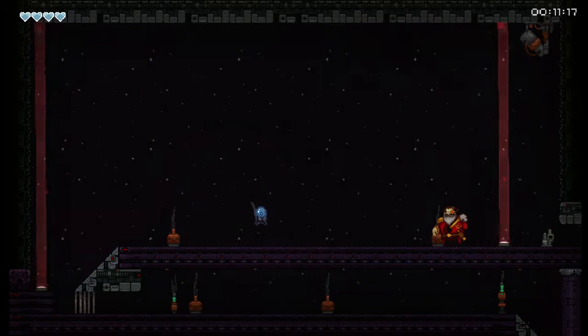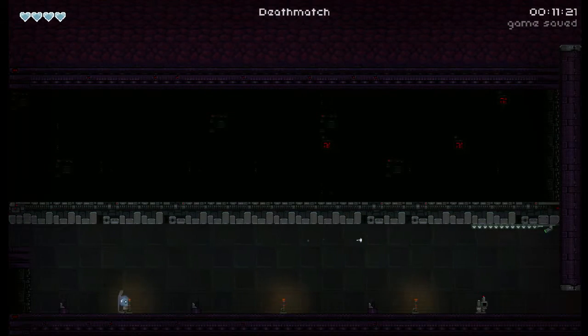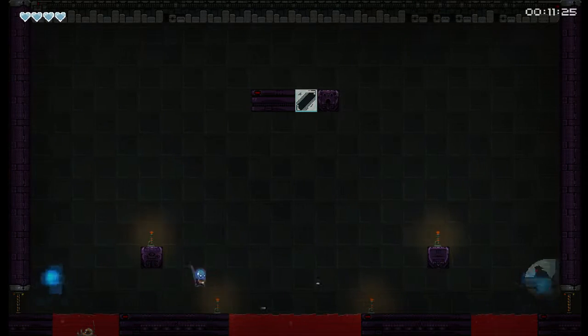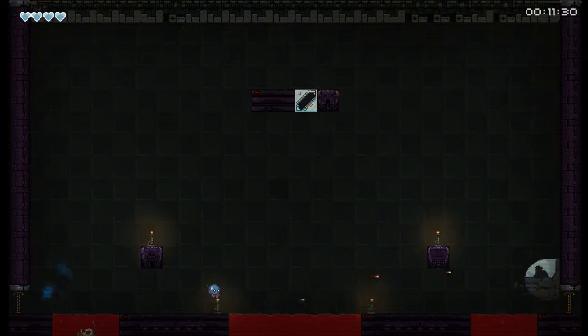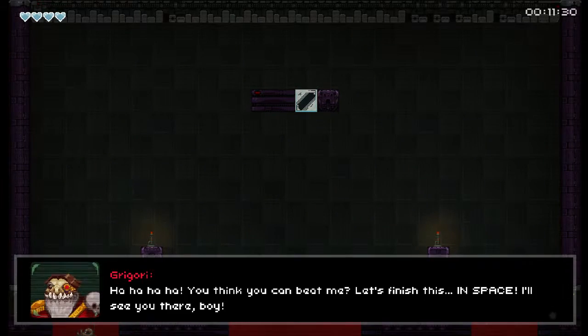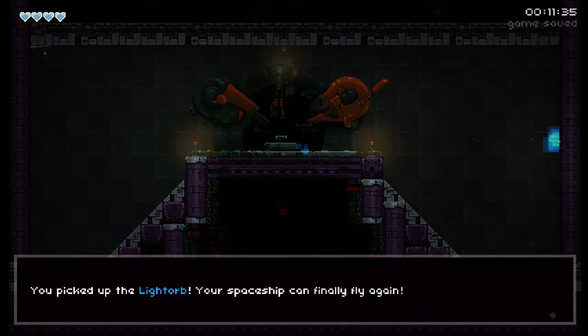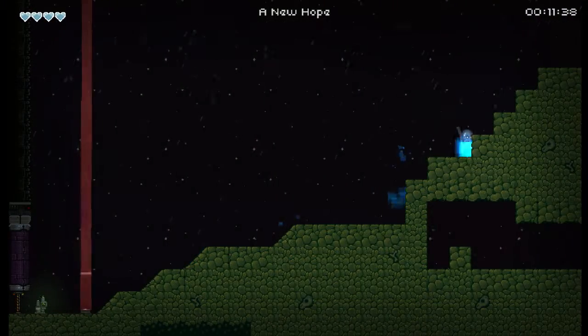So yeah, this is the boss, and we're getting to the boss fight in the next room, or the first boss fight at least. With the upgraded Gauss gun, it's very easy. He doesn't even get into his attack cycle at all. And then we get the light orb. We need this to repair our ship and be able to beat Grigori's ship,